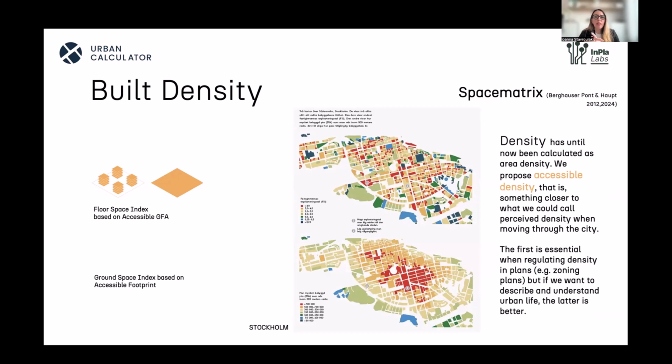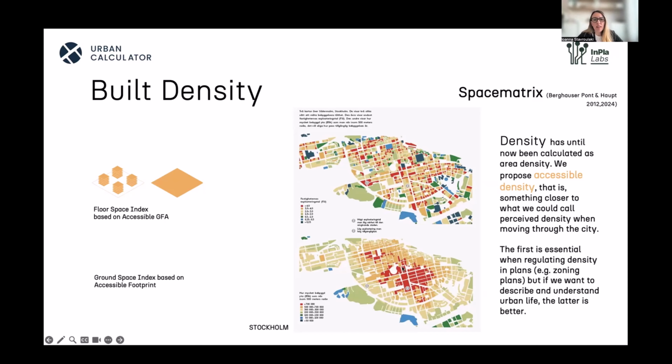What the methodology that we use brings forward is what is called accessible density. And this you see on the bottom side of the picture, because it's not enough to know, I mean, the upper picture tells us something about the block, how dense a block is, but it does not tell us much about how dense the city center of Stockholm is, while the lower one gives us this information, and this is what we need to know when we work with an urban redevelopment project, for example.